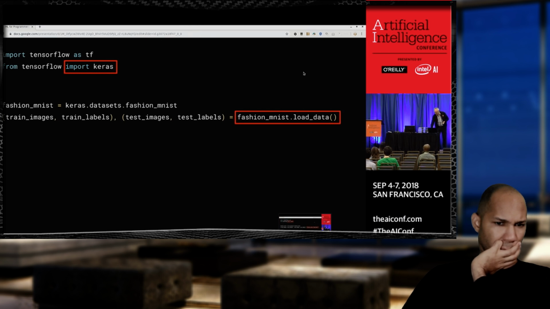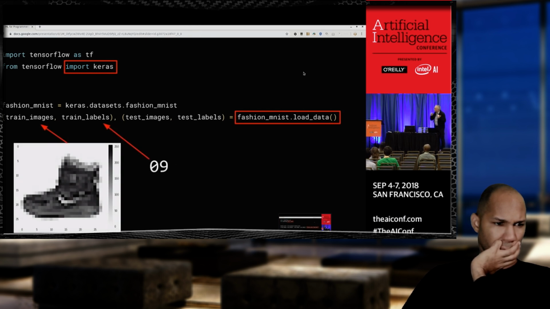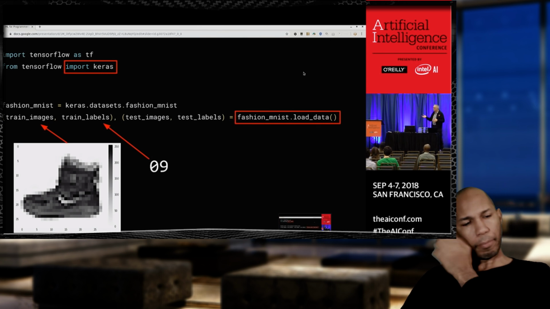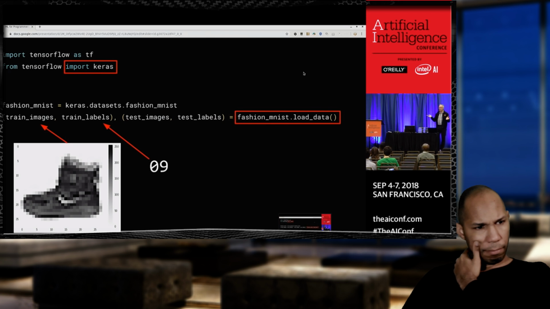So now if I come back here, let's look at how we actually define the neural network. Oh, sorry, before I do that. So the training images are things like the boot that I showed you earlier on. It's 28 by 28 pixels. The labels are actually just going to be numbers rather than a word like shoe. Why do you think that would be? So you can define your own labels, and you're not limited to English, right?